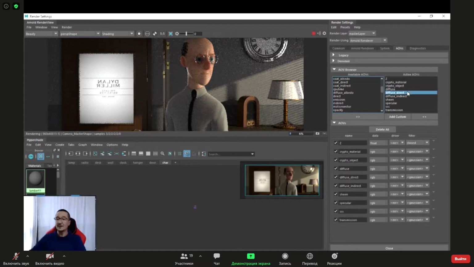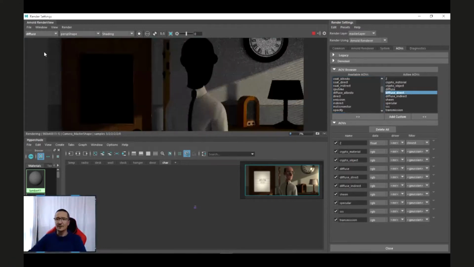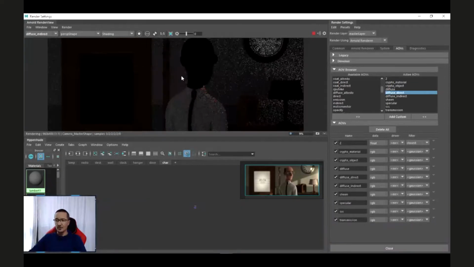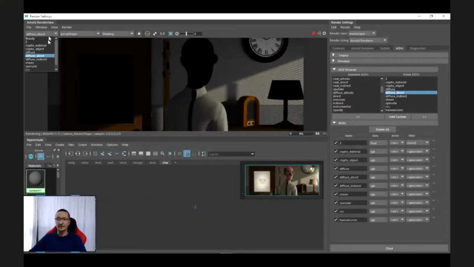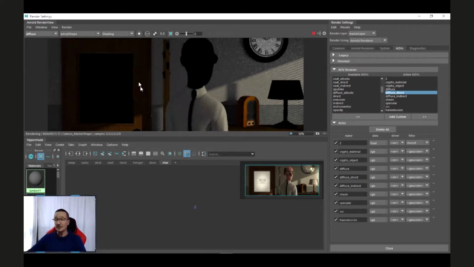For the diffuse, it's easy to see because that is the diffuse, that is the direct, and that is the indirect. So if you add indirect and direct, you have the whole diffuse. You can split all the parameters in two, direct and indirect.